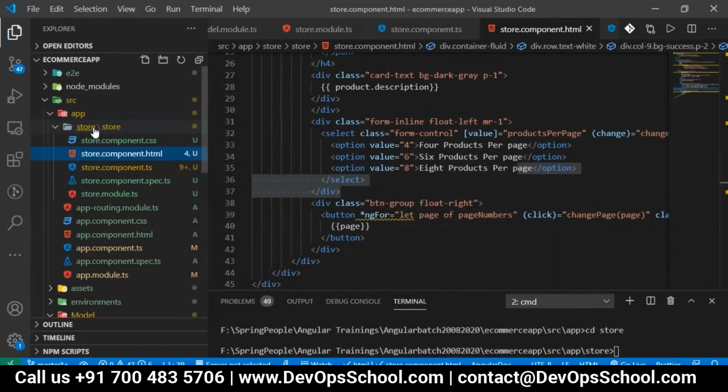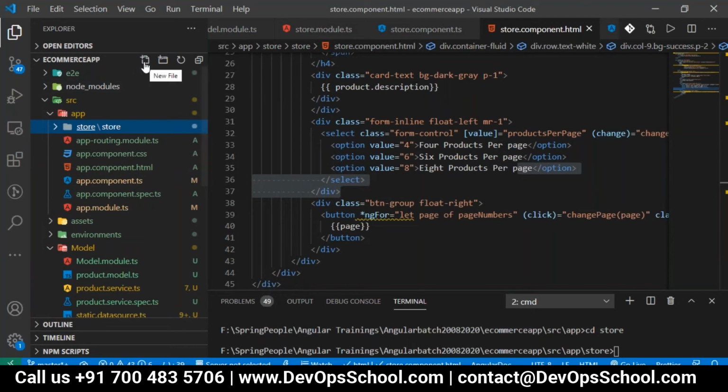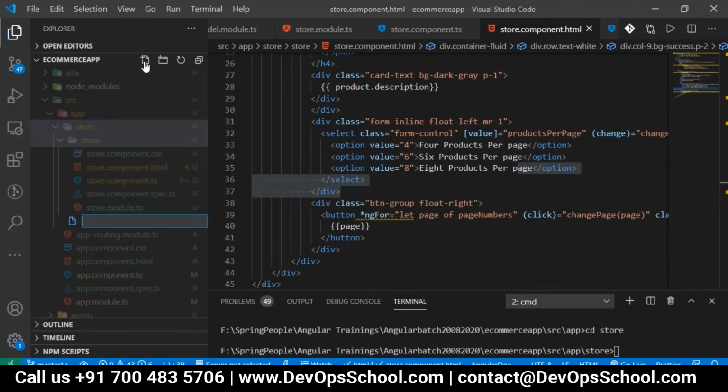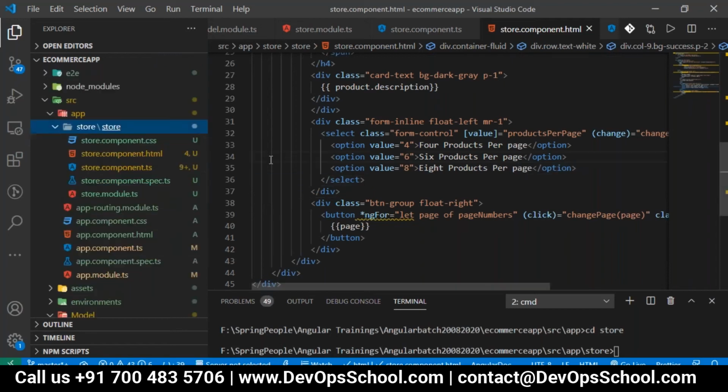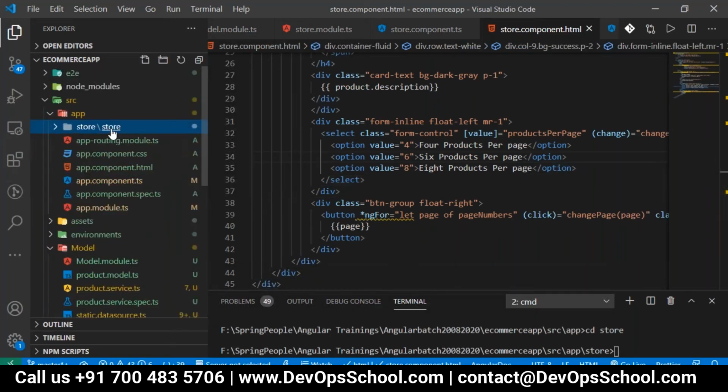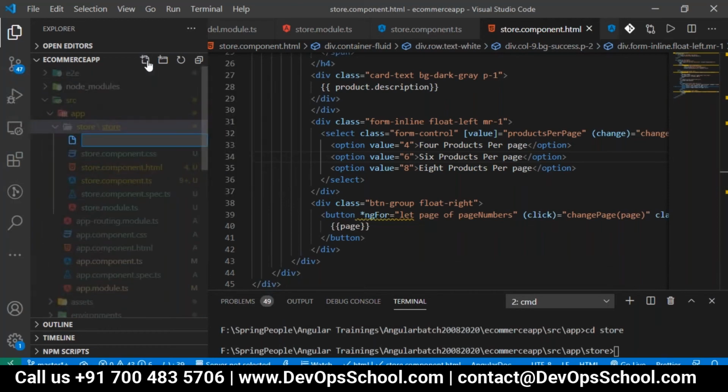So inside of the store, I will create a new file, cart.model.ts. I will take it inside the store folder itself. Let me click on store.